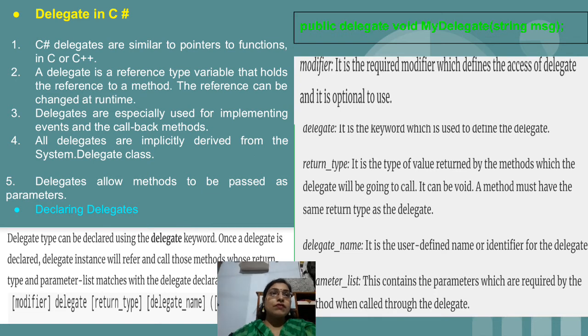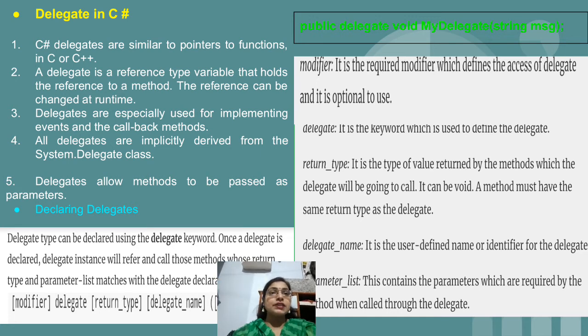Basically modifiers, as I told you, are nothing but the public, private keywords, and sometimes they are optional, so it's not compulsory to use them. Then we have the delegate keyword. With the help of the delegate keyword only we can tell the compiler that we are creating a delegate. After that we have the return type.